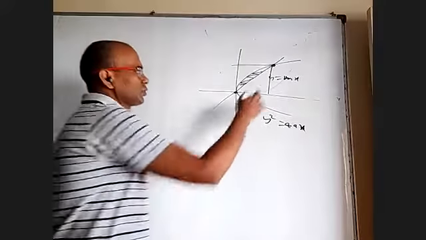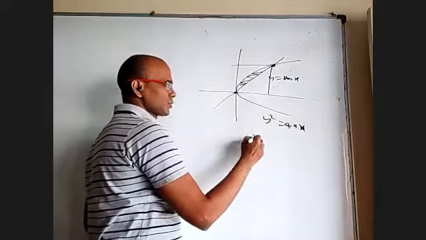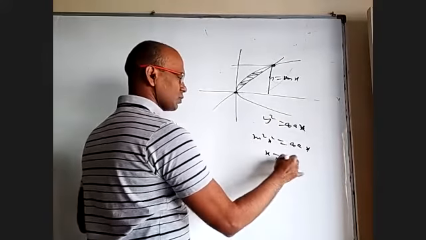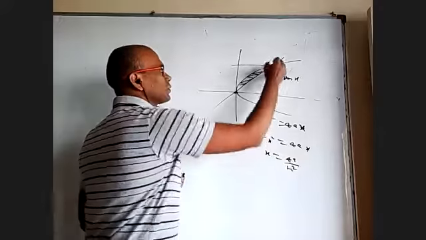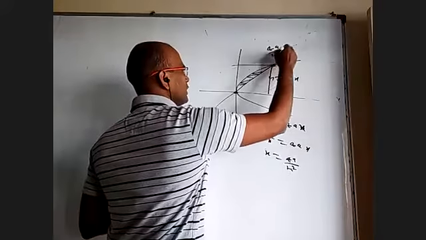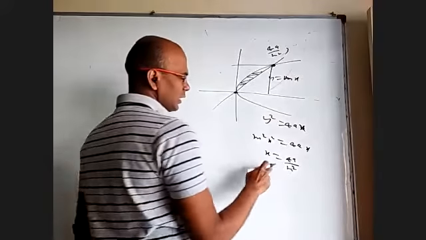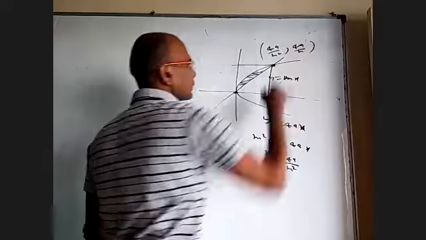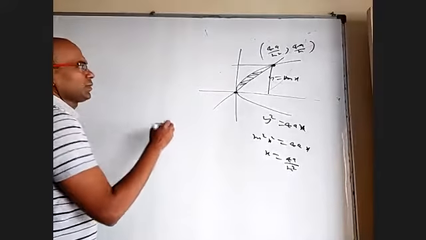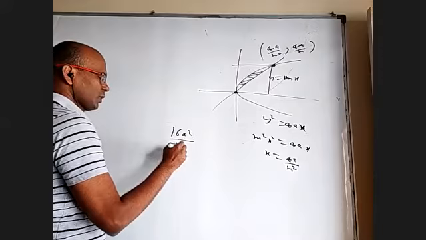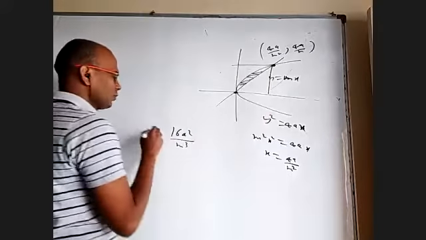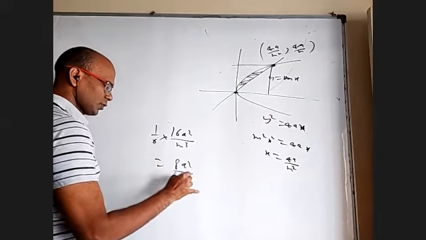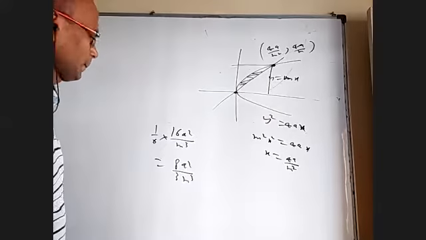Okay. If you want to do it, in the place of y substitute, you'll get m square x square equal to 4ax. So x is equal to 4a by m square. So this point, 4a by m square, is the x coordinate. And what is the y coordinate? 4a by m. So when I multiply, my area is 16a square by m cube for the rectangle. 1/6 of that will be the answer, which is 8a square by 3m.